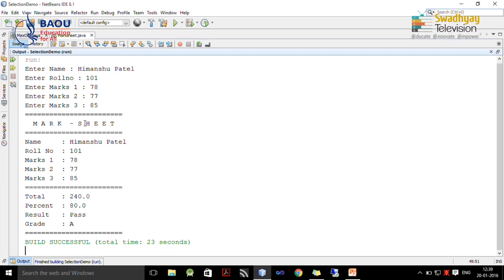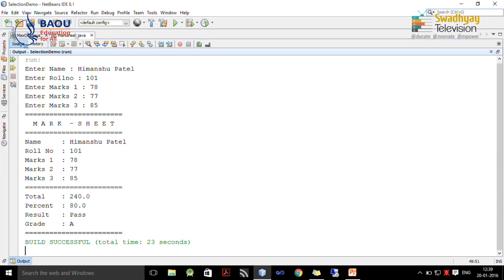Now you can see on screen it displays formatted output with heading mark sheet, name, roll number, marks 1, marks 2 and marks 3, which are already entered by the user, and based on this it calculates total, which is 240, percentage is 80, result is pass and grade is A.